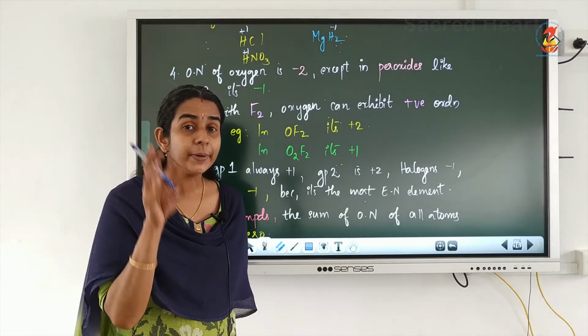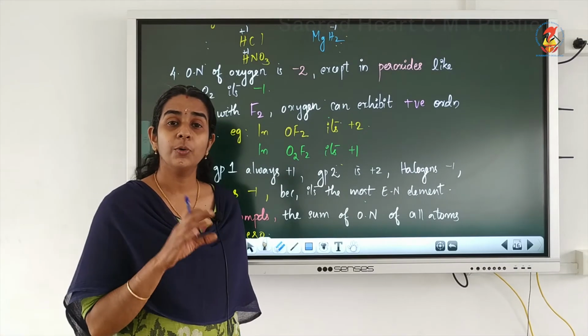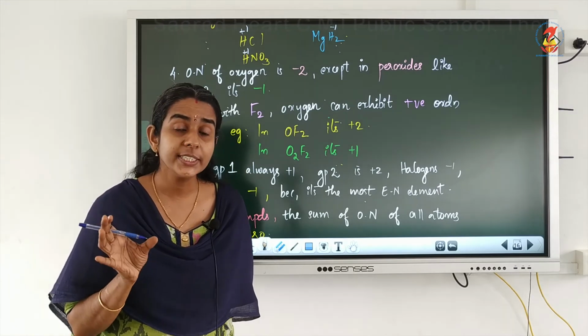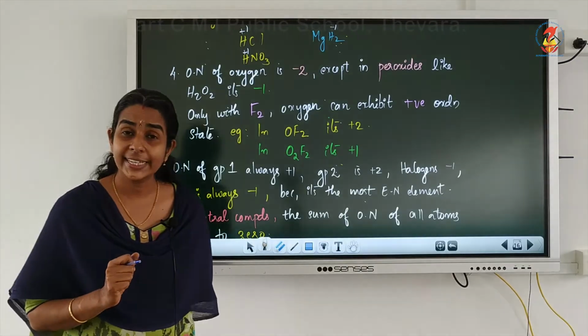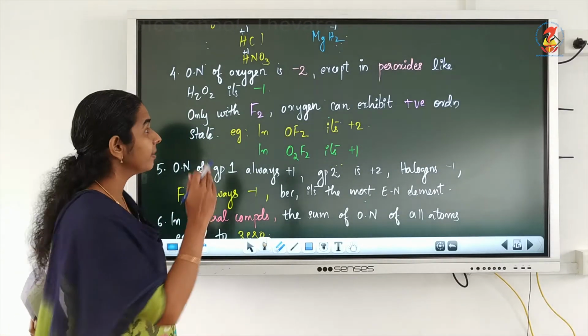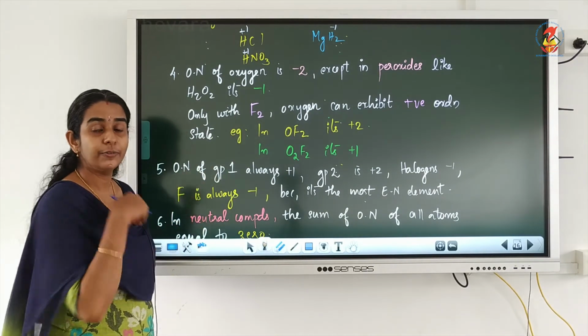Then only in peroxides it can exhibit -1 oxidation state. Now only with fluorine oxygen can exhibit positive oxidation state. The reason is fluorine is the most electronegative element in the periodic table. So when oxygen combines with fluorine, oxygen will be coming only at the left hand side and fluorine will go